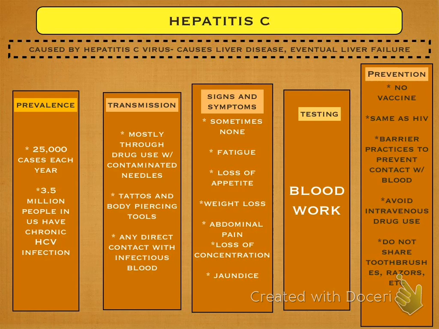Okay, turn in your book to page 18. Let's just look at this. When I was saying just a minute ago, assume all people all the time are infected, I want you to get that in your head. That is what we call universal precaution. Universal. Assume all people all the time are infected. So you come to the scene of an accident, or somebody falls and busts their head and there's blood. Or they fell and busted their teeth and there's blood. Or whatever. Or you're having unprotected sex.